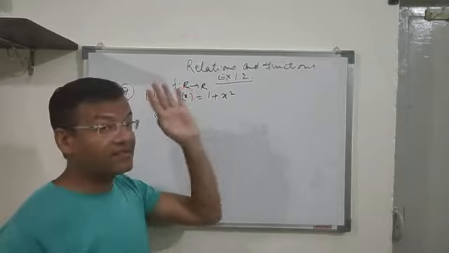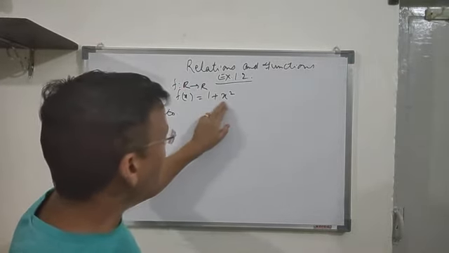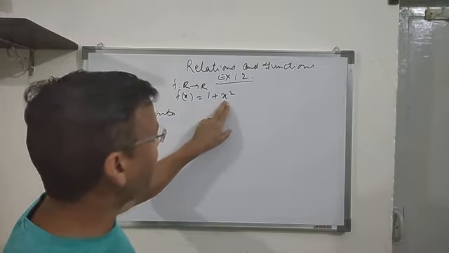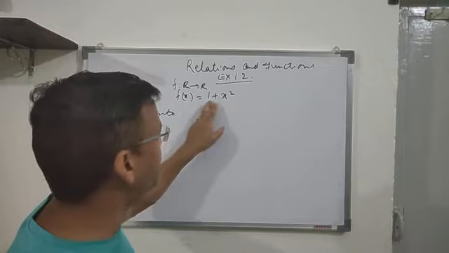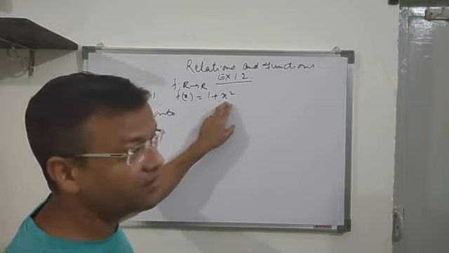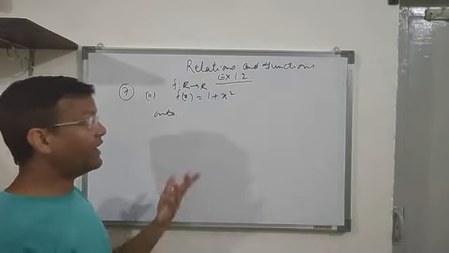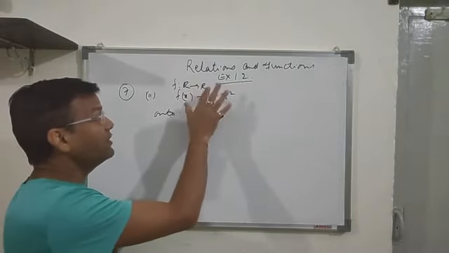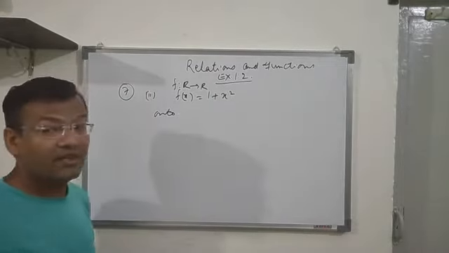It's clearly visible here that the function is not onto, because if I put any value of x in the function, I always get a positive value, because it is 1 plus the square of a number, whether it is a negative or a positive number, it comes out to be always positive. So you cannot get a negative value, although the domain is a set of positive as well as negative values. So it is not onto.